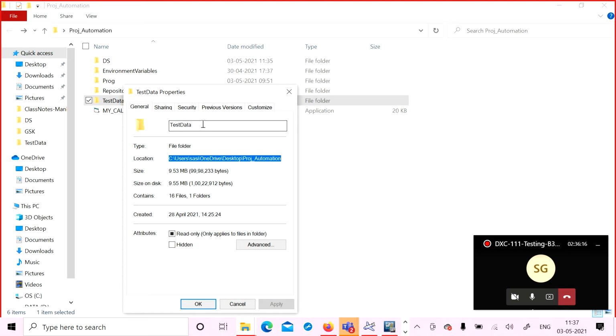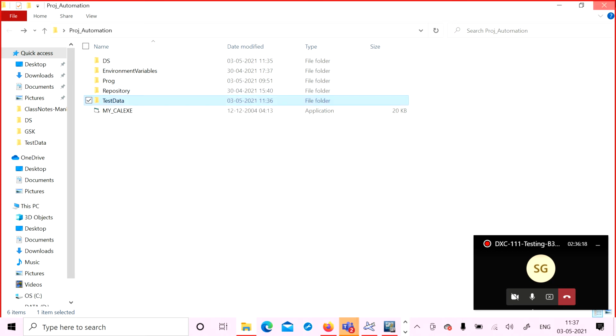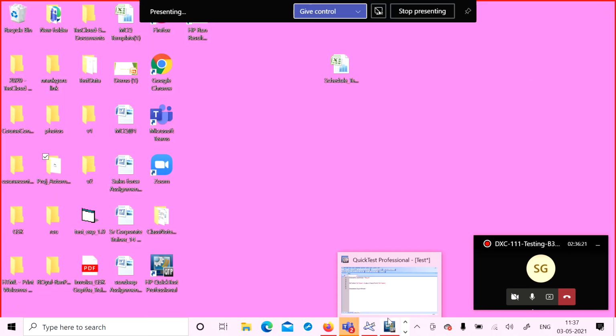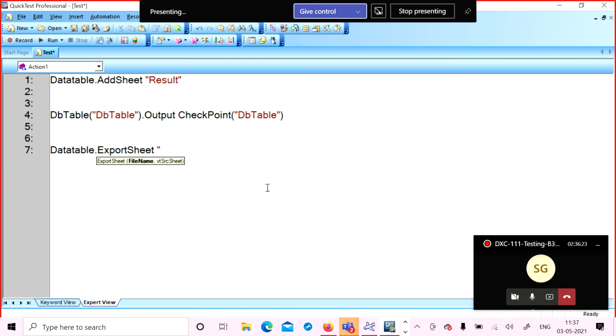Its folder name is test data. I'm going to create the file name with result1 dot xls, and export under the external sheet ID.